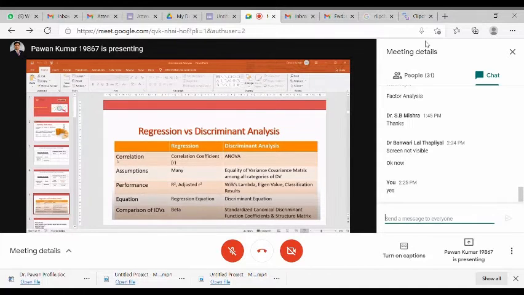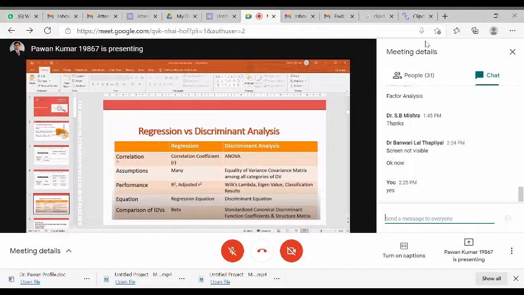So as I've just shown you in the table also, discriminant analysis is used when the independent variable is metric data and your dependent variable is non-metric. So in this particular example about SBI, the low risk and high risk customers are the non-metric data, which is the dependent variable, and age, income, years since marriage are called the metric data, which are the independent variables.